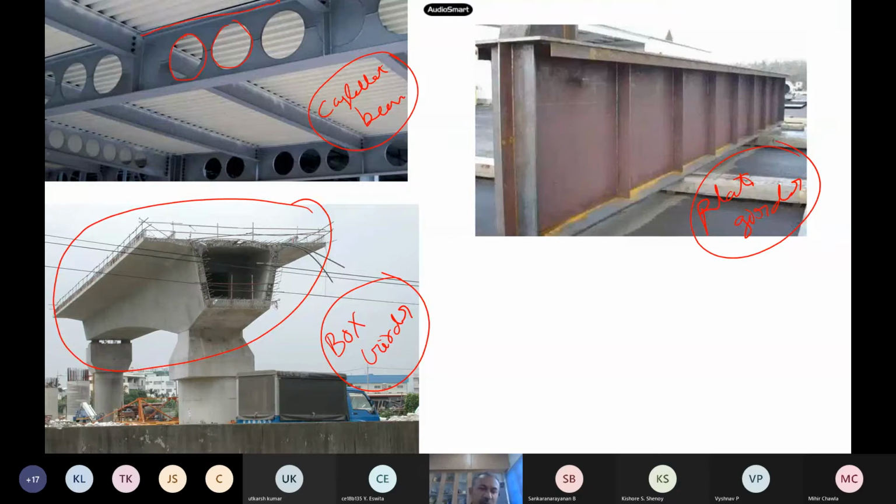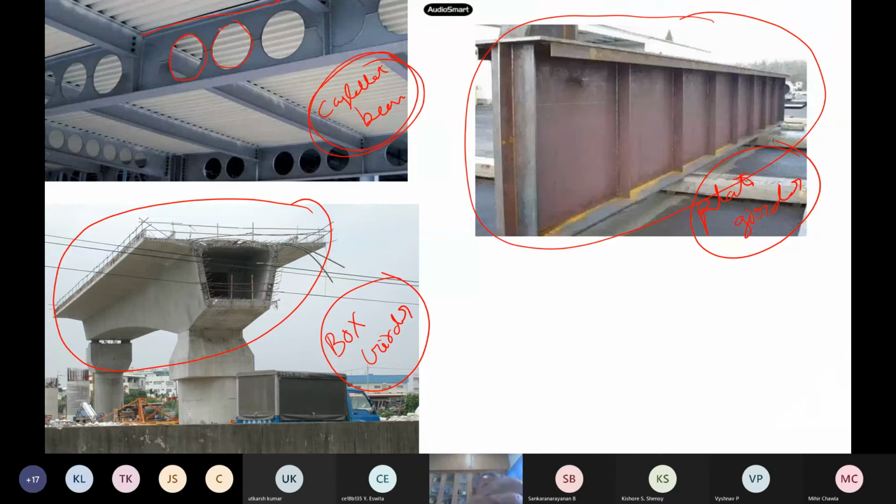See, like in our Chennai metro, box girders, they manufacture piece by piece. They nicely join them one by one, and then they use them. So this is widely used for metro and other things. Plate girders are also used, like in flyovers. If you go to any flyover, you will see these types of structures. Castellated beams you will see in industry. Of course, they cannot carry very high loads, but long spans, so these types of beams can be used there.